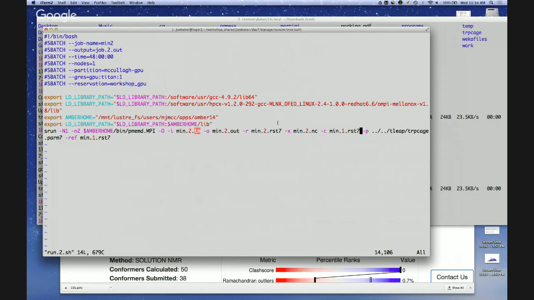We have -c for the coordinates now points to min.1.rst7 instead of the original tripcage.rst7 file, because now our initial coordinates are the last frame of the previous simulation, right? So we need to restart from there. And then again, our parameter file, and actually this is a mistake, this reference isn't here because I don't have any restraints in this stage of the simulation. So I can take that out. And then you can run this again with sbatch